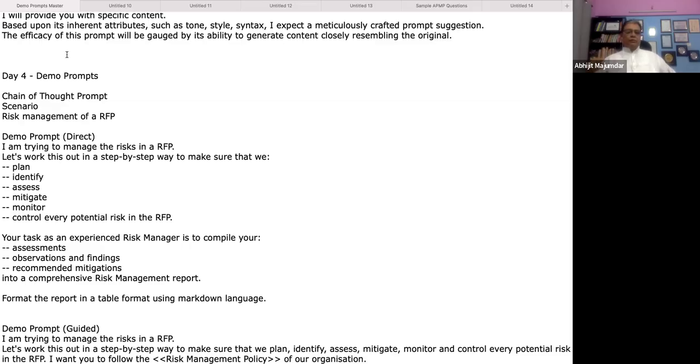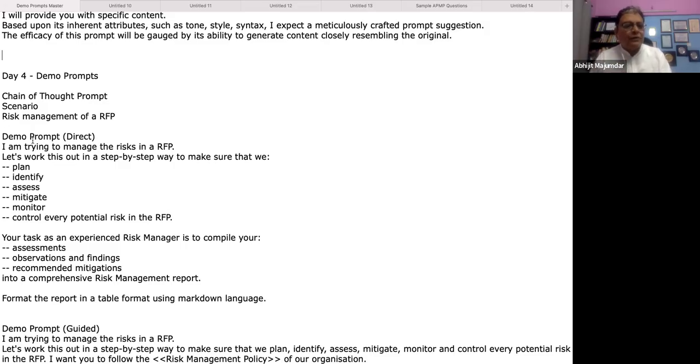You build a plan to mitigate the risk, and then you mitigate those risks as and when they occur. Not only that, you also monitor whether that risk is going to reoccur or not, and you also have mechanisms of controlling the impact of the risk. You do everything in a step-by-step manner. You do not just say, okay, let us do risk management, and jump into it and start taking actions. You go step by step. So that's the reason I'm taking that use case for risk management here.